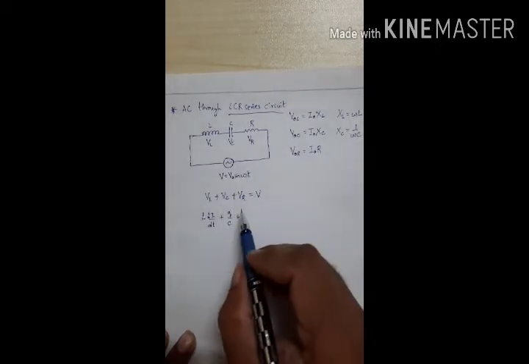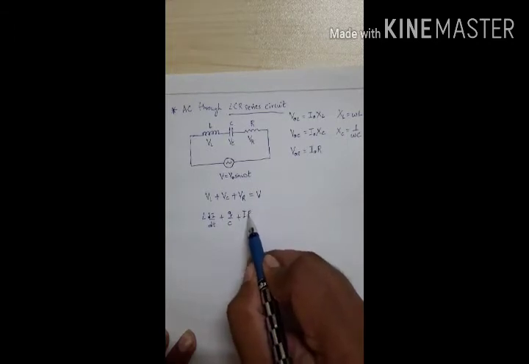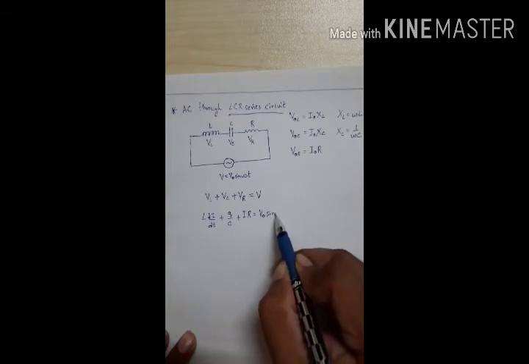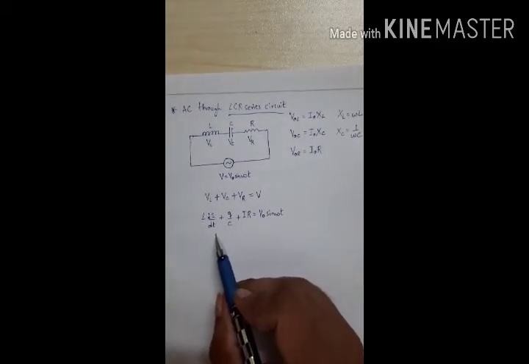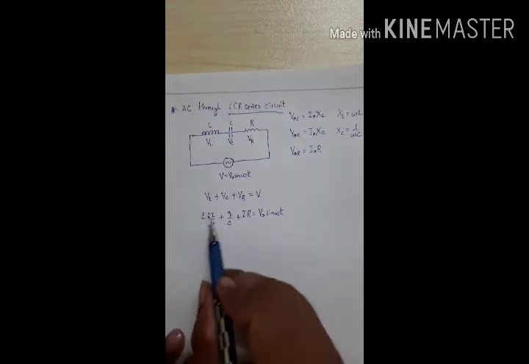Now we are just connecting them in series, and VR is IR whereas V is V naught sin omega t. So this is an equation, we can convert it into a differential equation,